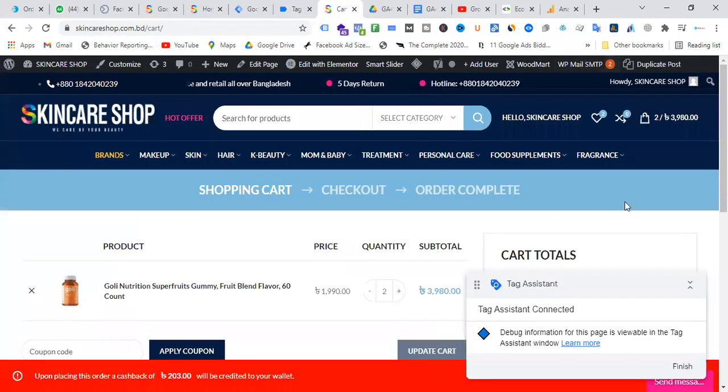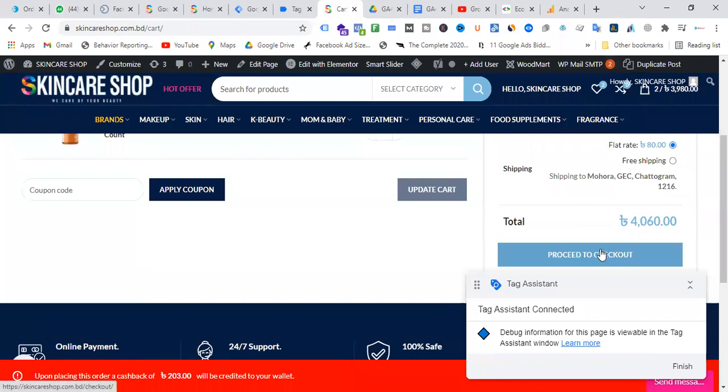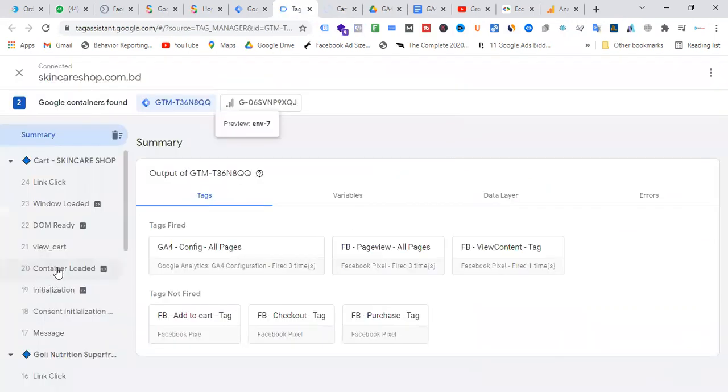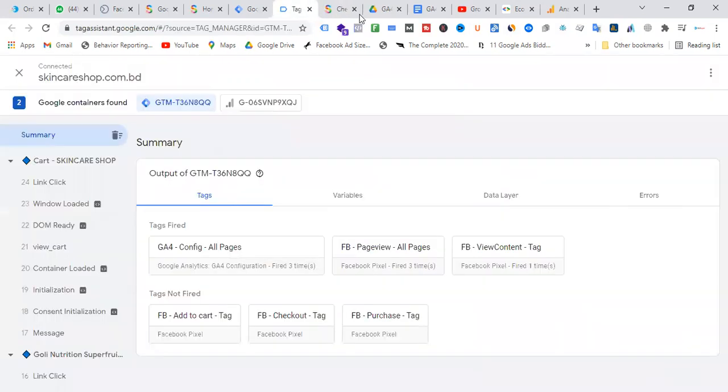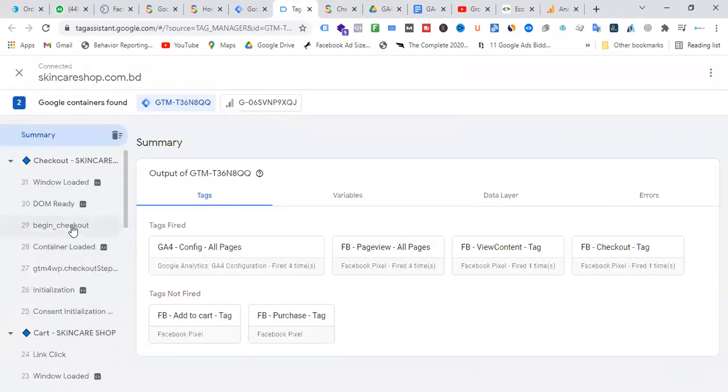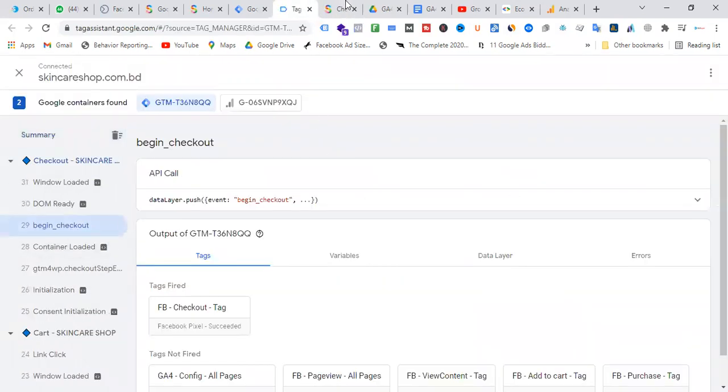Then if we go to proceed to checkout, the begin checkout event comes.